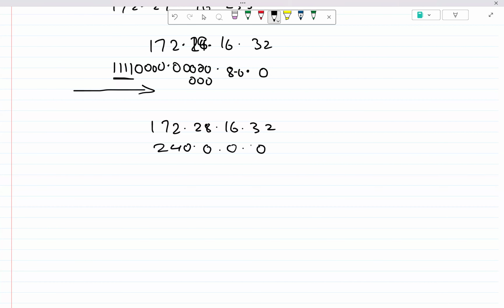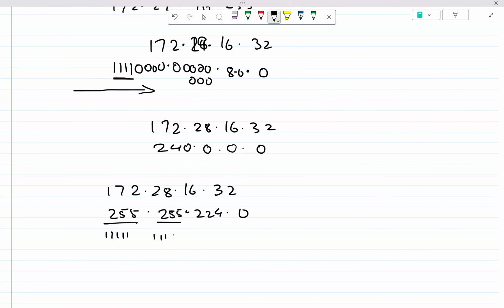You may see such an address mask also, or instead of this, you may see 172.28.16.32, and you may see 255.255.224.0, meaning that there are 8 ones over here, then again 8 ones over here, and for 224,